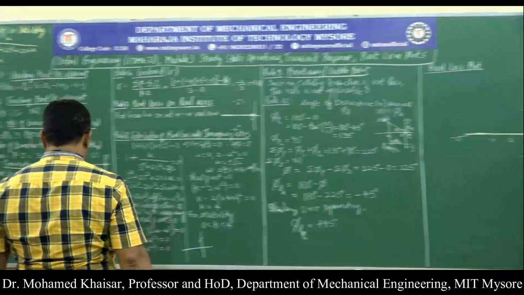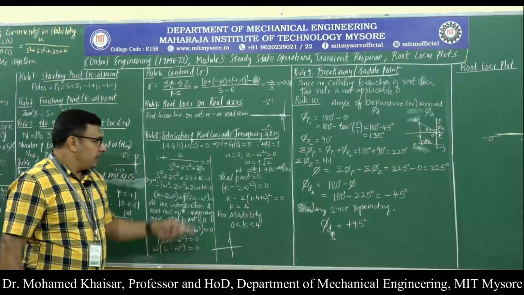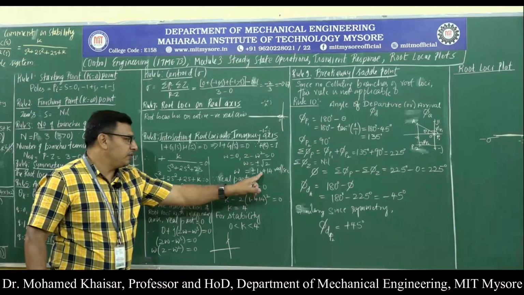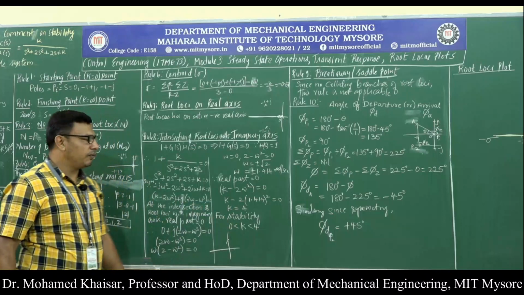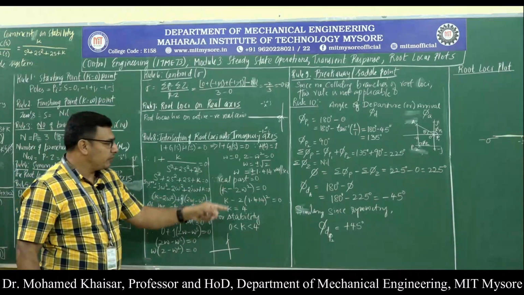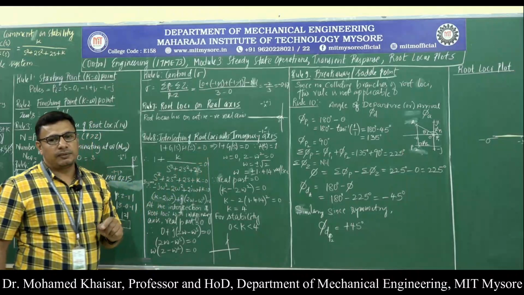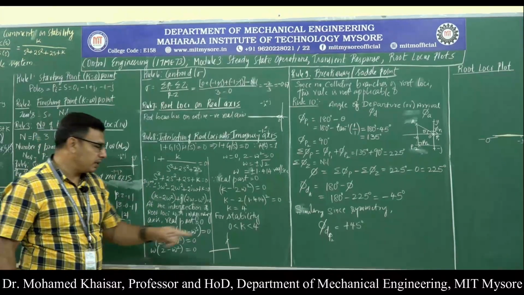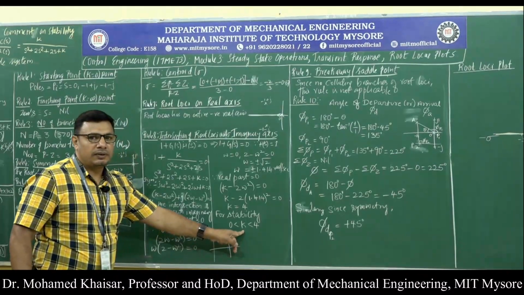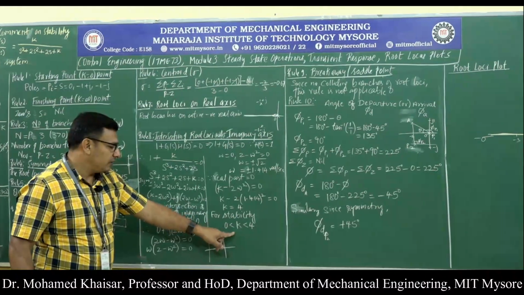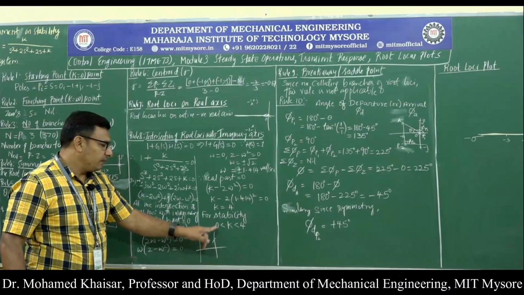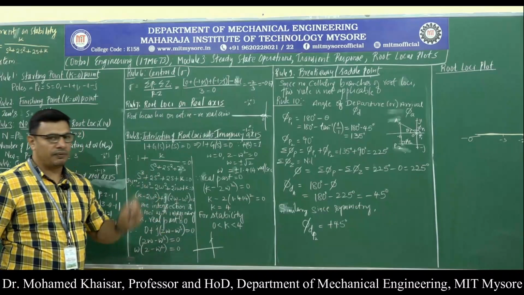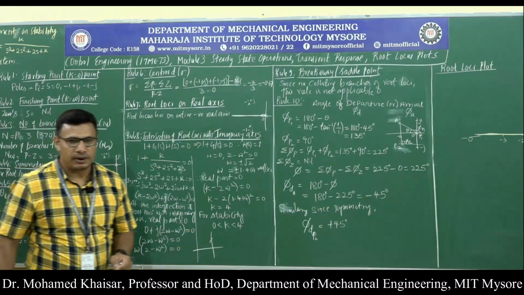We have also commented on the stability of the system: the branches of root loci intersect the imaginary axis at plus j 1.414 and minus j 1.414, and that means until some value the system is going to be stable, beyond which it becomes unstable. What is that value of the input parameter? That is also found to be the value of k. It has to be less than 4. That means for stability, k has to be greater than 0 and less than 4. This is the condition for stability.